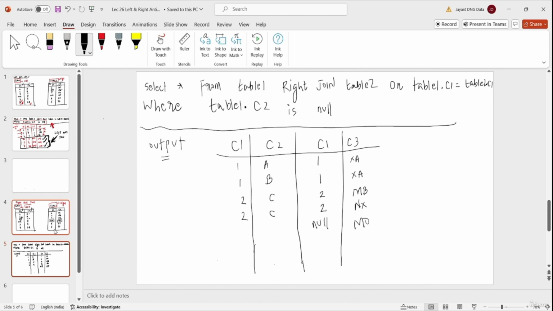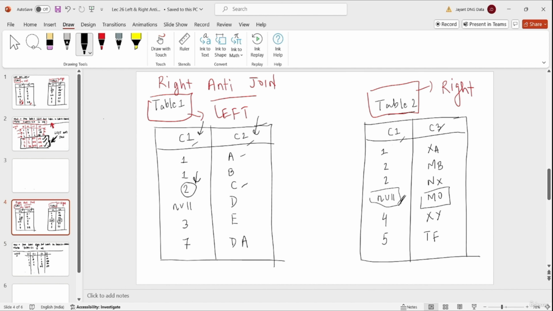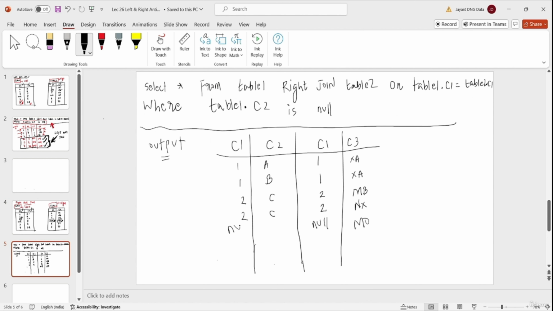But since this null value in column 1 of table 2 didn't match with any value in column 1 of table 1, corresponding to null MO in the output we will get null values for all the columns coming from the left table. So here we can simply write null and null.